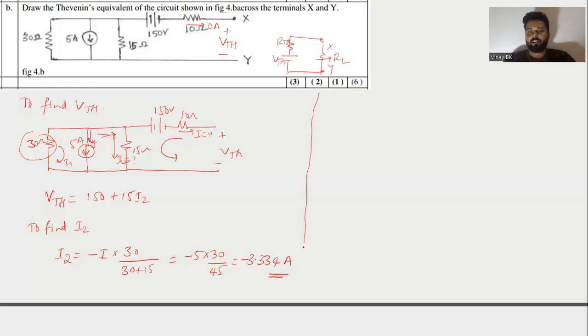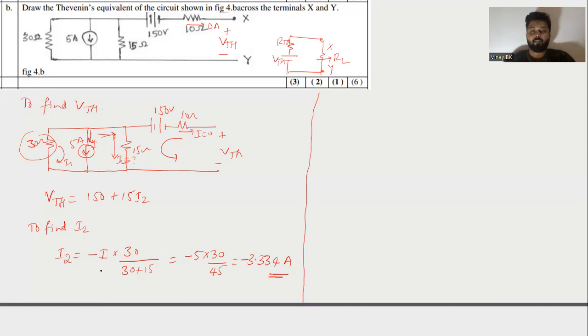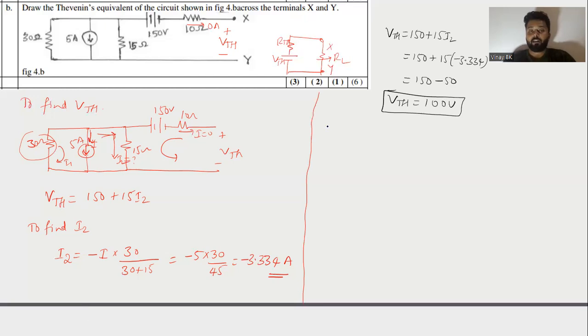So now the VTH is 150 plus 15 into I2. That is nothing but 150 plus 15 into minus 3.334 amperes. You can get 150 minus 50. That is nothing but Thevenin's voltage is 100 volts. VTH is 100 volts. Next, to find the value of RTH,